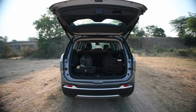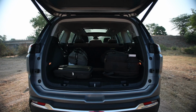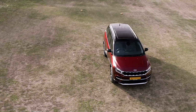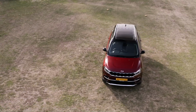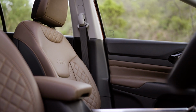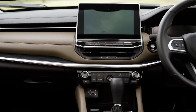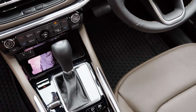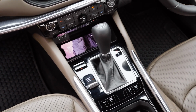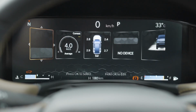Boot space is 170 liters in 7-seat configuration and 481 liters in 5-seat layout. Apart from the space crunch though, the Meridian has all that you need on the inside. Noteworthy features include brown leather upholstery for the seats and even on the dashboard mid-pad, healthy dose of satin chrome and gloss black on the inside to break the monotony, 10.2-inch full digital instrument cluster with multiple layouts,